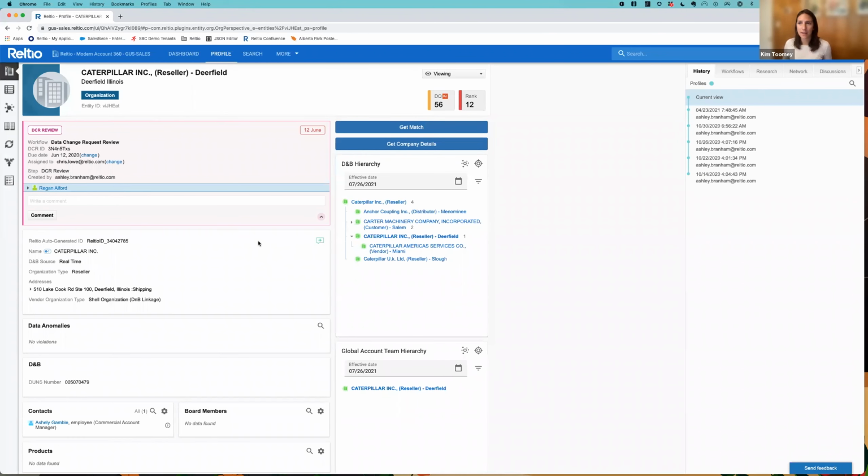Now, you'll see here some of our out-of-the-box workflows in play. By default, we offer 3 out-of-the-box workflows when you get started with Reltio. Those are potential match reviews, a delete request, and data change requests. You'll see in this red box here that there's a DCR review available, where somebody else on